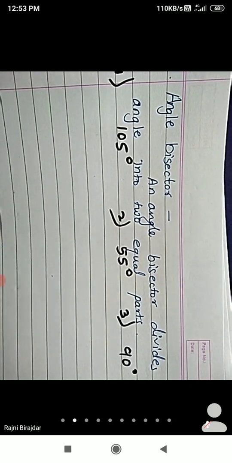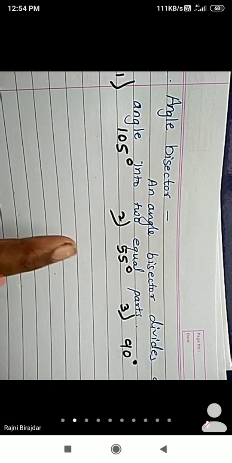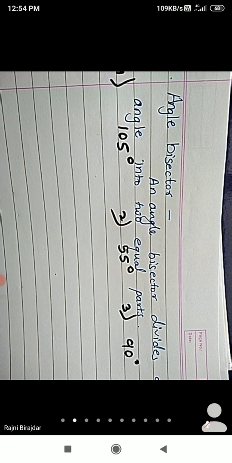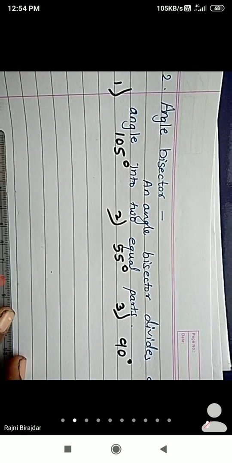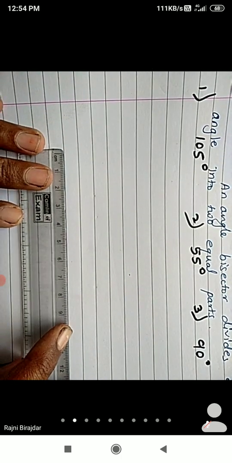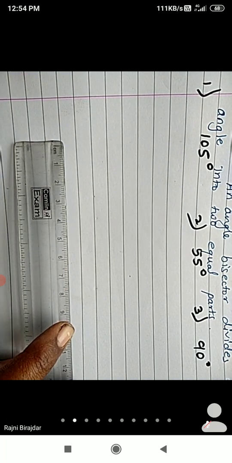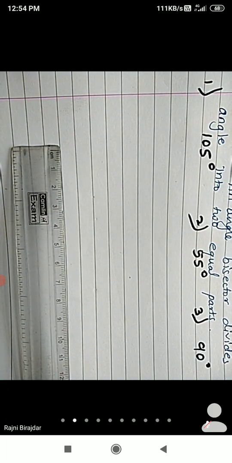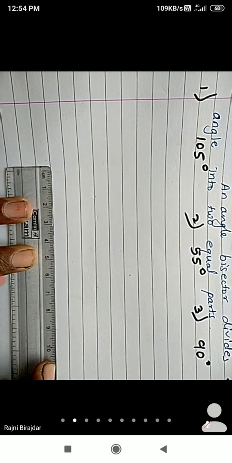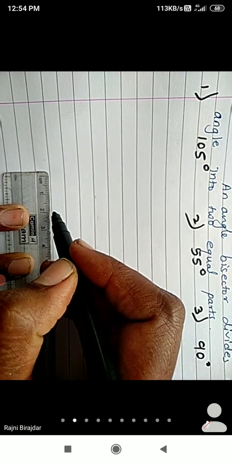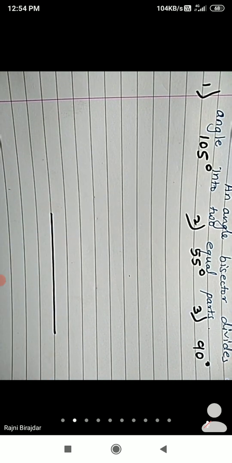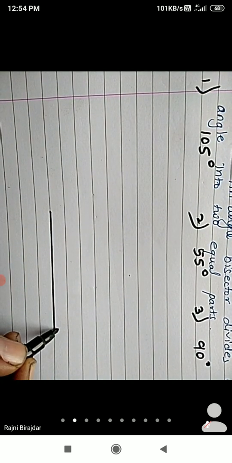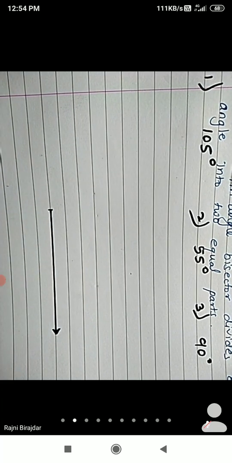Same angle you have to draw in your notebook. First I will show you. Observe how you are drawing. For that you have to take the scale and draw one ray. Here, like this, I am drawing now. Just observe that. Yes, so this ray you have to draw,